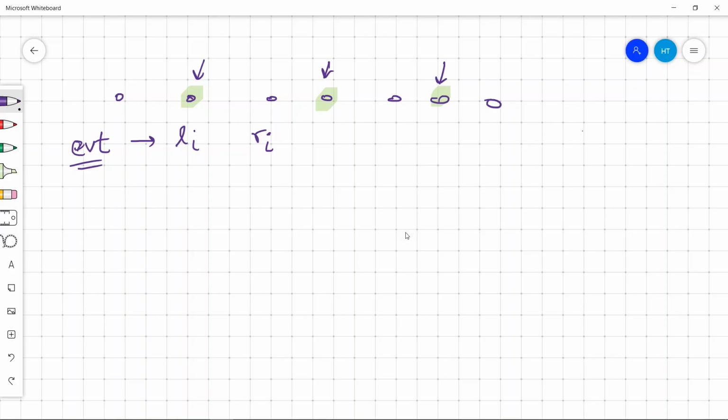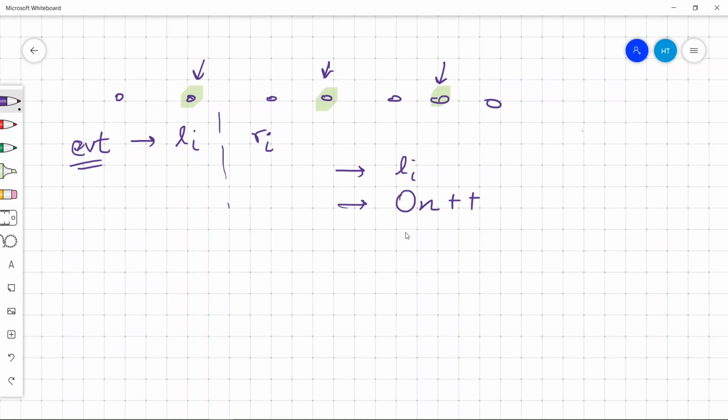So each lamp has 2 events, either it is turning on or it is turning off.